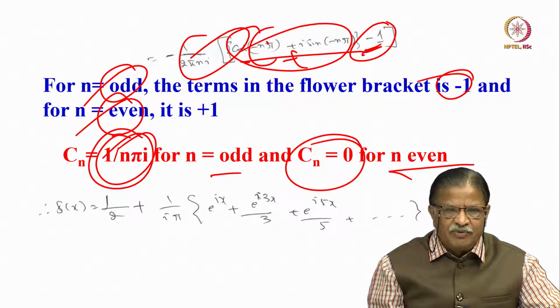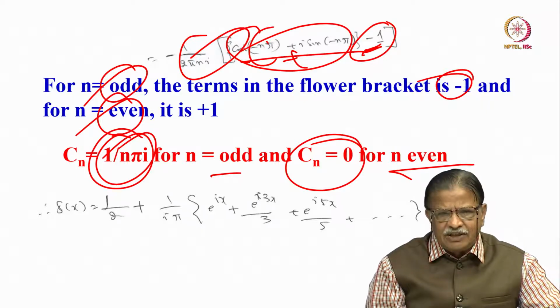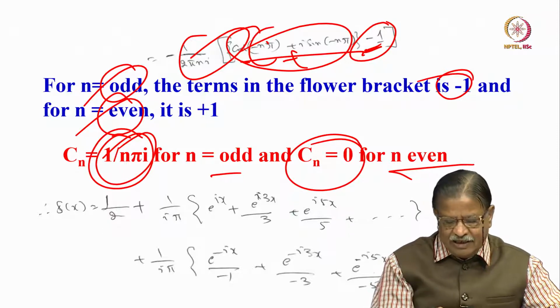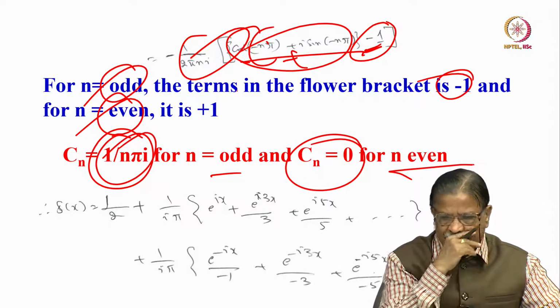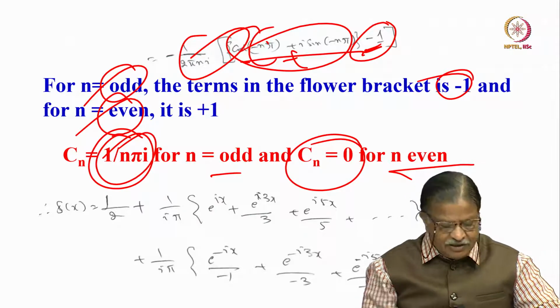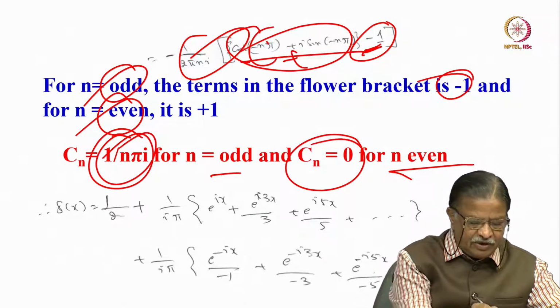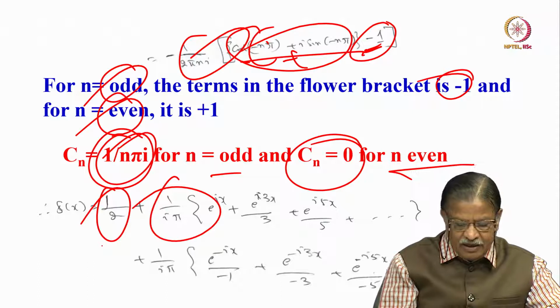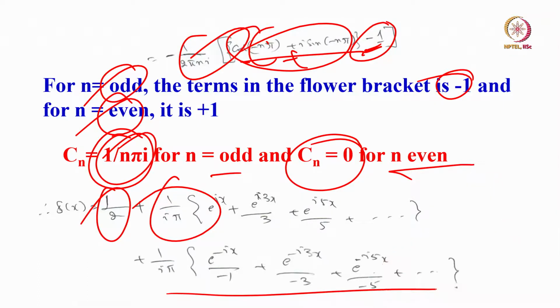These terms we know. So, we have worked out Cn and we know C0, and simply substitute for this f(x) and express it. This is when you substitute for this function in exponential form. We already wrote the exponential form of the Fourier series. Simply substitute these coefficients: C0 we got as 1 by 2, and for the odd values of n we got this, and simply for n equal to plus n and minus n substitute this. For n equal to plus n it is a positive sign, for n equal to minus n, minus 1, 2, 3, it is going to be minus 2, minus 1, minus 2, minus 5. So, this all turns out to be negative. That is all that is going to happen.